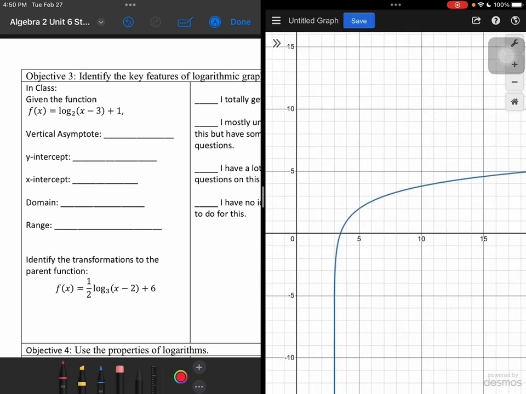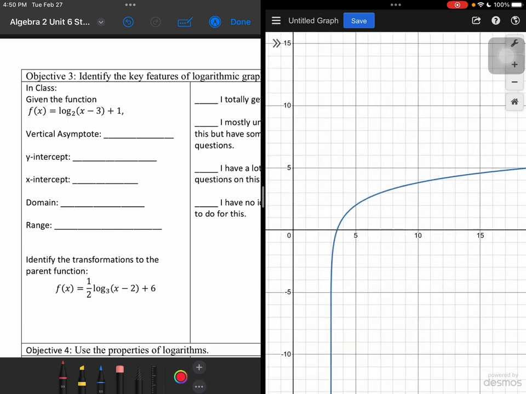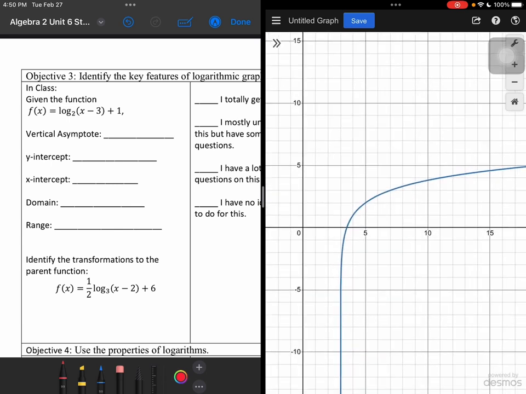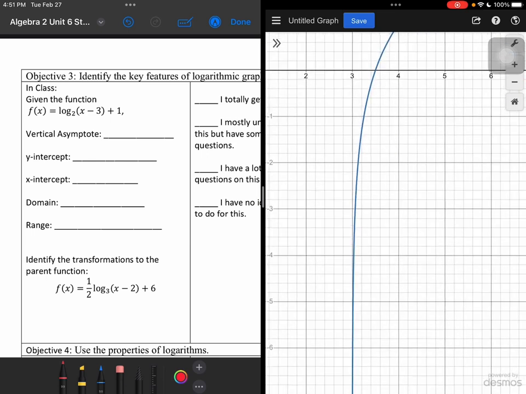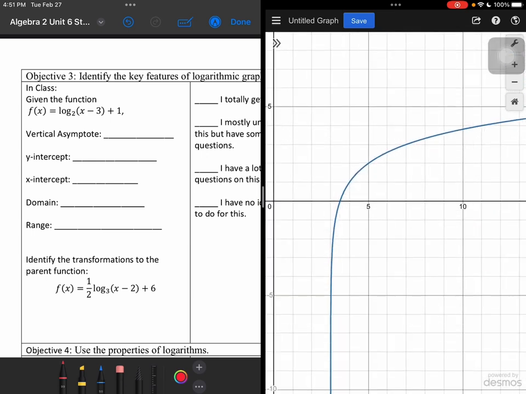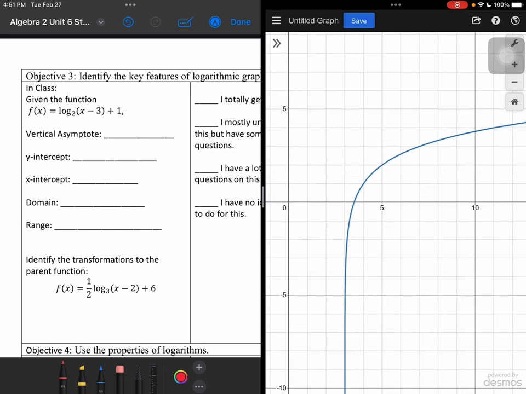Okay. So we have our graph here, and this time we're looking for a vertical asymptote. So a vertical up and down line that our graph gets really, really close to, but never crosses. So here, I can see that line kind of looks like, I can even zoom in if I'm not sure, looks like it's coming really close to 3, but never crossing 3. So I have a vertical asymptote at x equals 3, because vertical lines are written as x equals lines instead